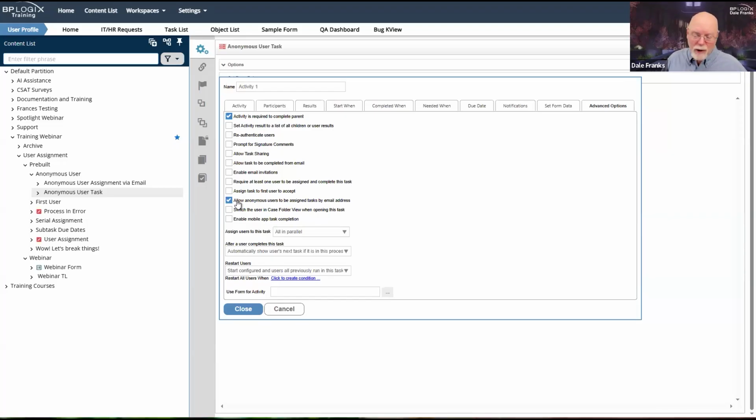So you've got to really do two things in the timeline activity if you want an anonymous user to participate. You have to be sure that you have their email address. And usually the only way that you have that is by collecting it via a form field. So you're going to have to make that task assignment to the email address. And then you're going to have to go to the advanced options tab of the activity, and you're going to have to specifically check this checkbox to enable them to perform their task assignment in the system.